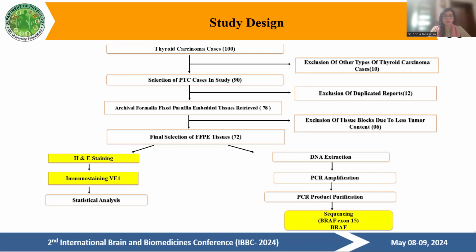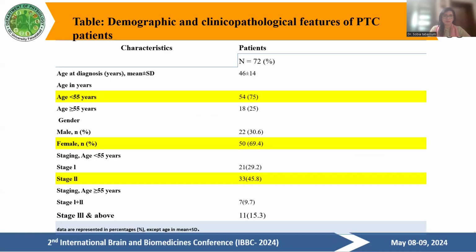After the inclusion and exclusion criteria, we finally selected 72 samples. On one hand, we have done hematoxylin and eosin staining for immunohistochemistry, and on the other hand, we have done the sequencing. Several clinico-pathological features have also been considered while taking the samples, like age, gender, and